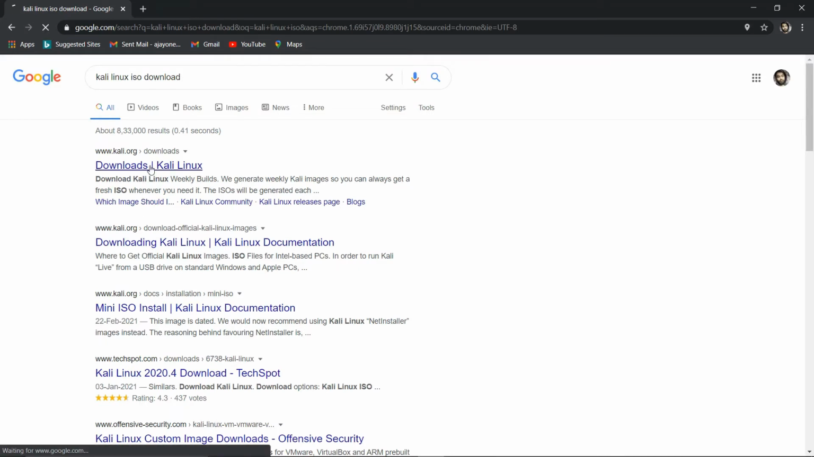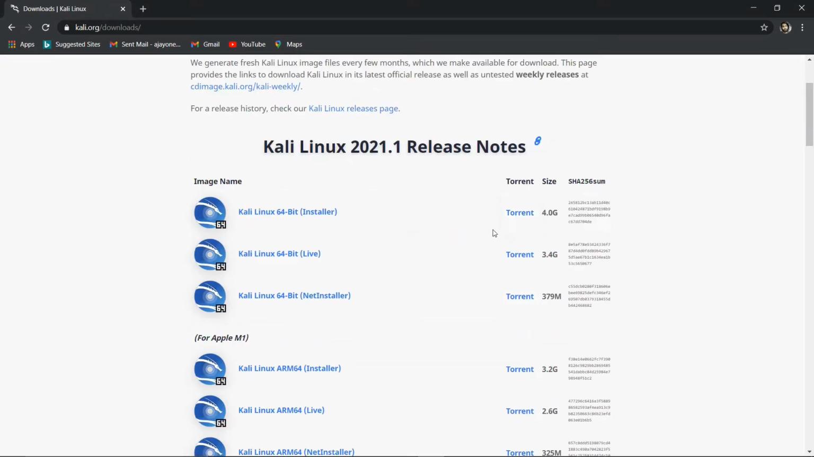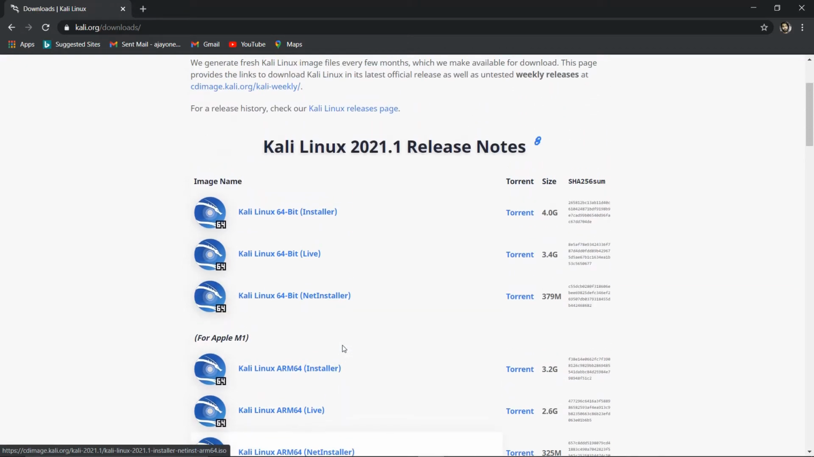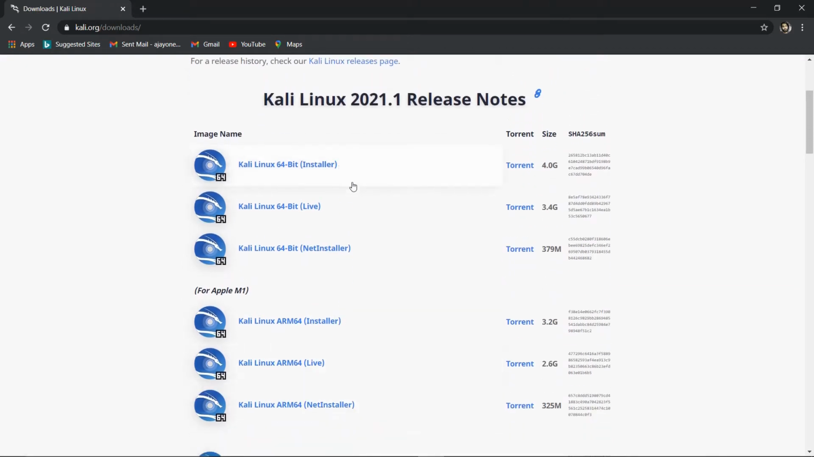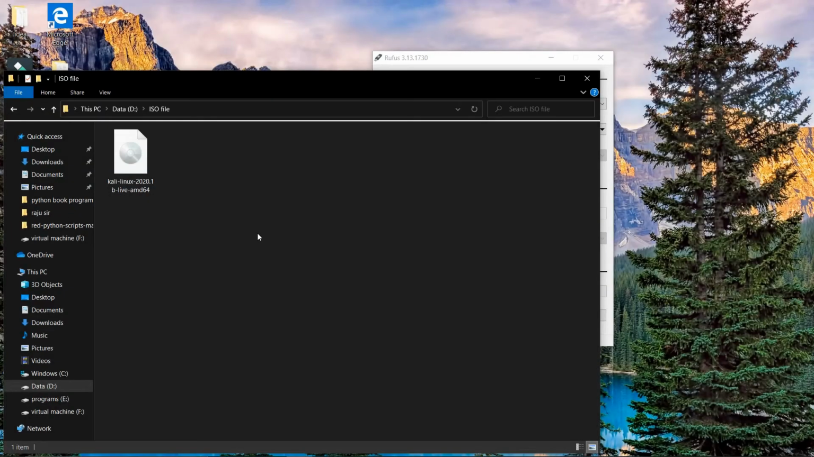Go to the first link to download the Kali Linux image. From here you can download for your system, live CD or any other. I have already downloaded it, so I'm not going to download it again. After downloading,